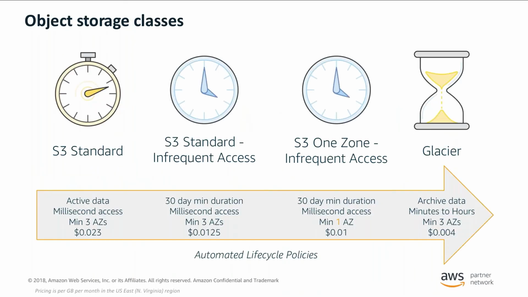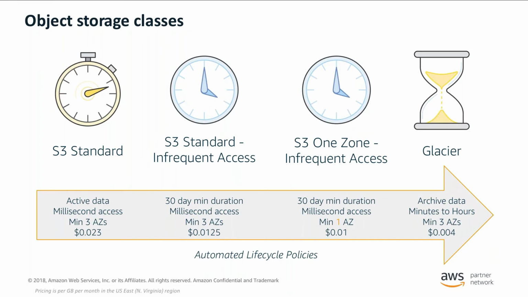So to summarize the AWS object storage portfolio, we offer 4 classes of storage, optimizing for cost as data gets colder, moving from the left to the right. The most active data, or warmest data, is first stored in S3 standard. As data gets colder or is accessed less frequently, it can automatically be tiered to a colder storage class, such